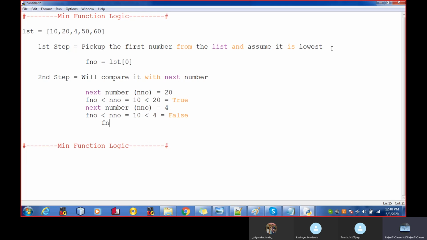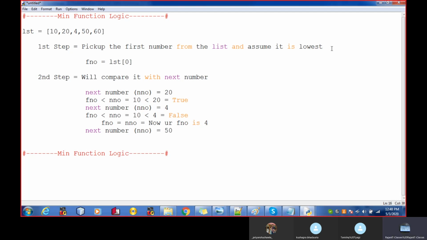So we'll put the 4 here. Now your first number is 4. Again I will pick up the next number, that is 50.